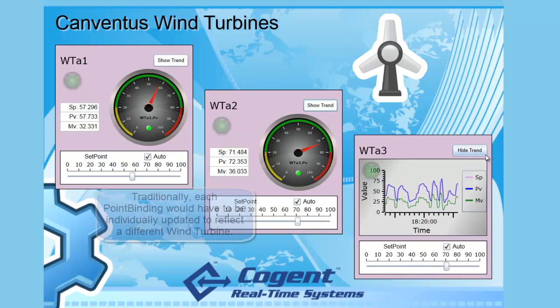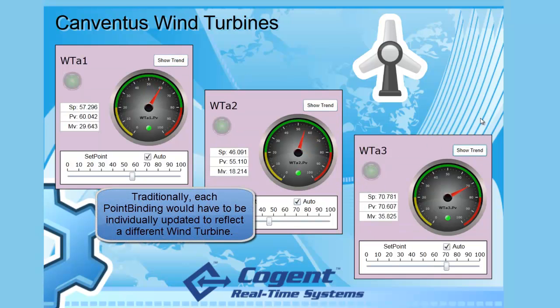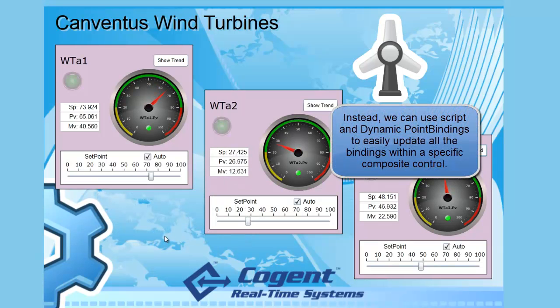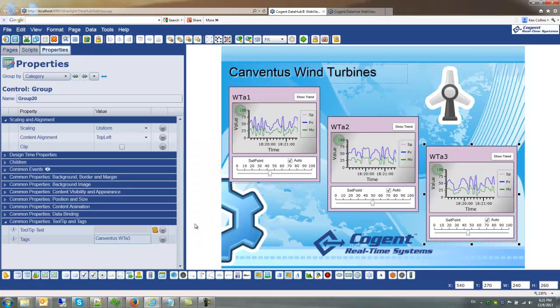And of course, if I wanted to change the binding for these data points, traditionally what I would need to do is change each point individually. And of course, that's more work than we'd like to do. So in this video, I'm going to show you how we can use a composite control and some script to bind all those together. So I'm going to start by going back to design mode here,